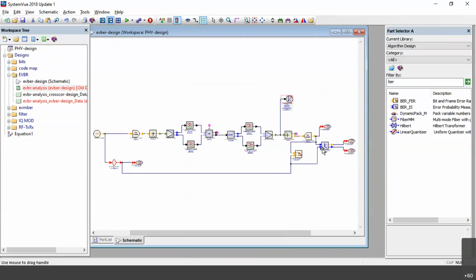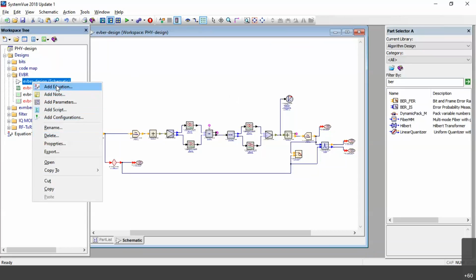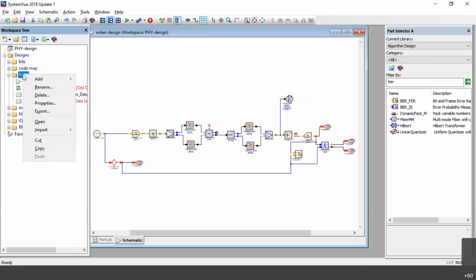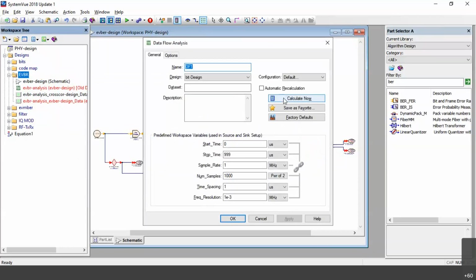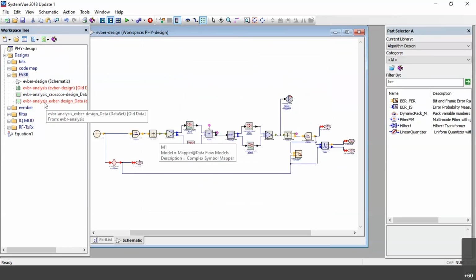As I did some mistake here, I'll check this later. If you people are getting the answer properly, then it's correct. Right click, analyze. Sorry, not here. Right click, add, analysis, and then data flow analysis. Once you do data flow analysis, you can select calculate now. I'll get the wrong answer because I made some mistake. Fine. I want you to correct me at least on this part, because everything is the same.